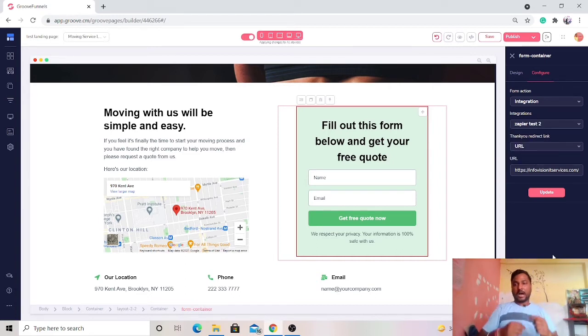Now after this there is another part we have to do as soon as the customer fills in their information. Let's say we need to capture the customer's name and email address, that's it. After filling in the name and email address, the customer will click on the submit now option, or maybe get free code now.